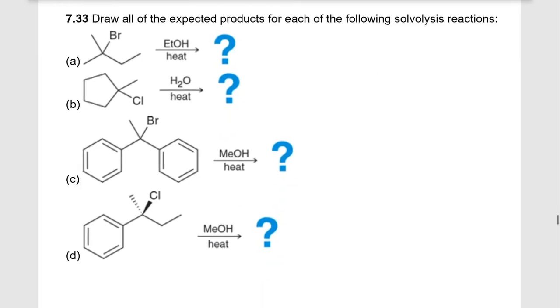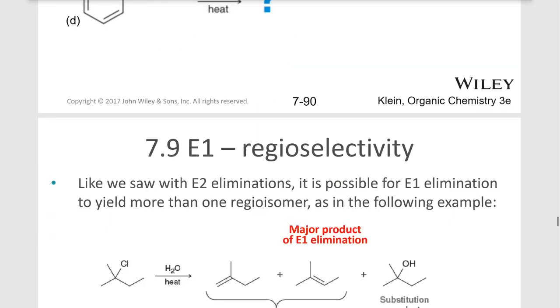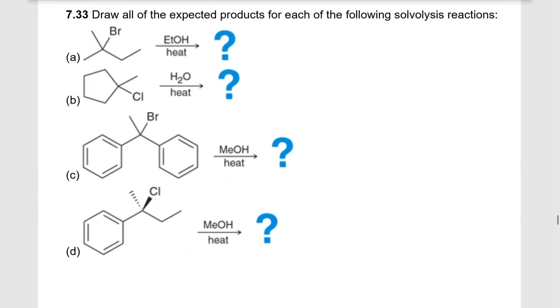All right, and so draw all the expected products for each of the following solvolysis reactions. This is a challenging one, and so I don't know if I gave myself enough space here. So let's look at A, okay? So we're going to do solvolysis reactions here. So that means that we're forming this carbocation. So what can happen? For ethanol, what are we adding? We're adding that OEt, okay? If we do an SN1 reaction, so that's going to,